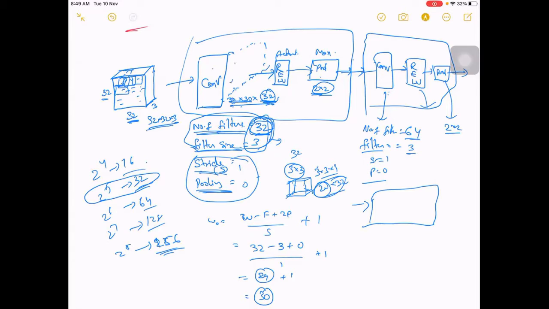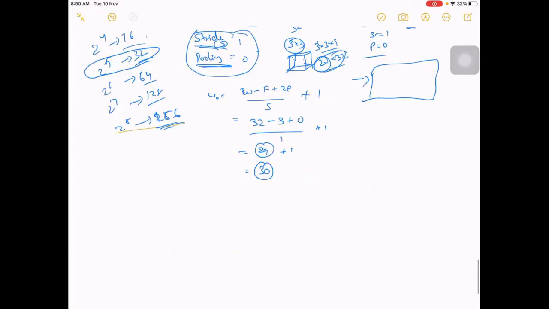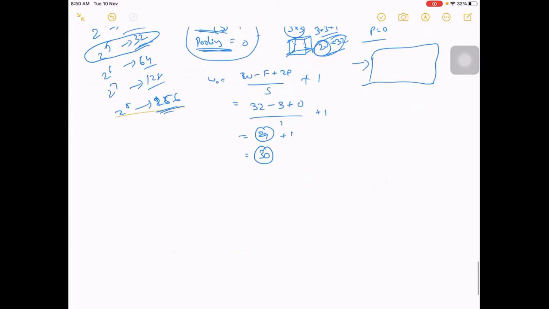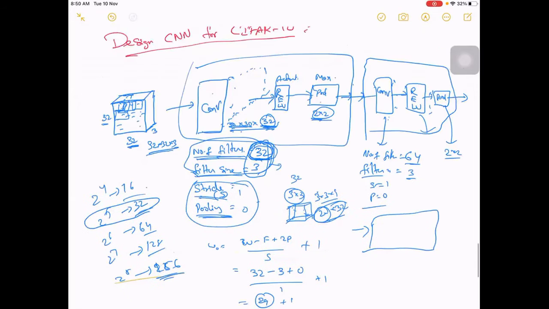Similarly, you will again have a few more filters at this level, and again a few more filters at the next. Remember, by adding more filters, you are actually increasing the complexity of your model. Okay, so that is what you have here. So let's move on and see how actually this has been implemented in TensorFlow.